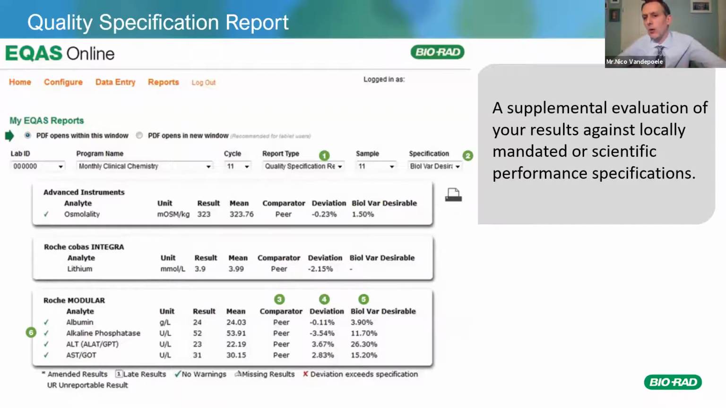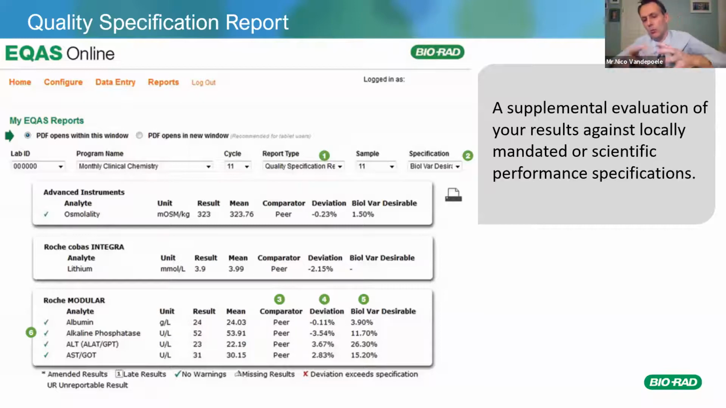But there's actually a second report that you can use to troubleshoot and almost explain your failure. That is what we call a quality specification report, where you're not looking at the statistical evaluation of your results, but you can use a biological variation or a regulatory target, for example, a CLIA limit or an RCPA limit, to evaluate your result. Because some of those regulatory bodies also have evaluation targets based on